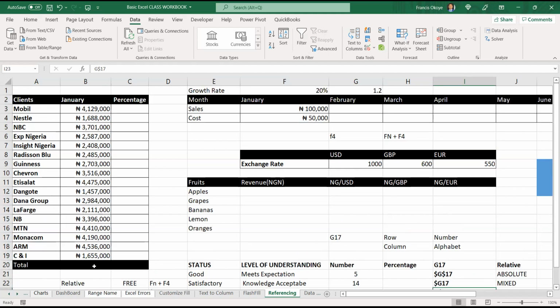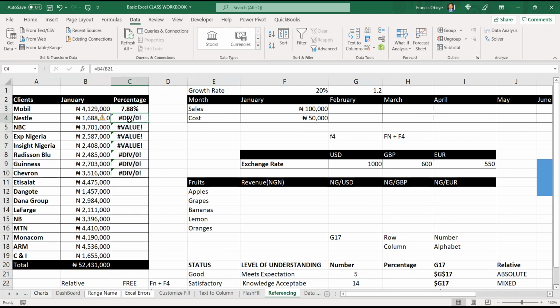So that's why in Excel, as long as you can do it on paper, you can do whatever you want to do on paper, you can build it here. So just think of what you want to achieve, then think about how you build it. But first of all, it must be clear on paper what you want to do. So here, if I wanted to get the percentage of each revenue, how do I get it? I would have first of all gotten the total, isn't it? Yes. Then I'll have equal to this divided by this. And it works fine. But when I drag down, what do you notice now?